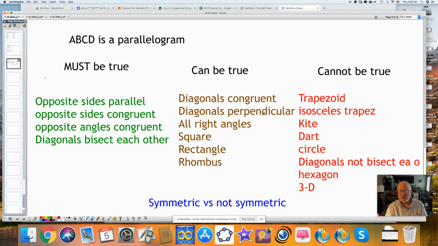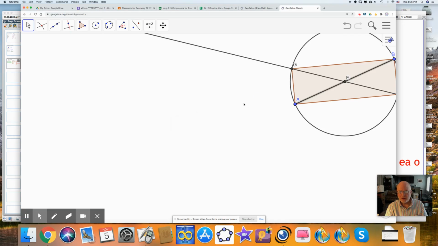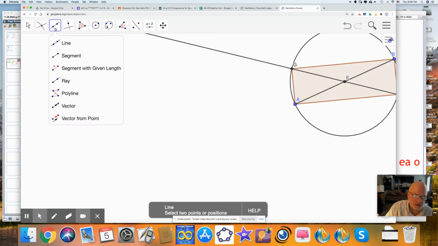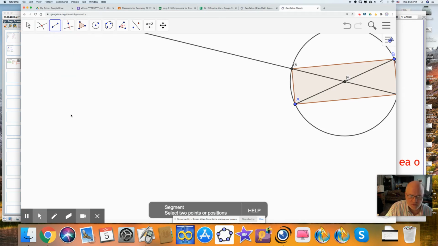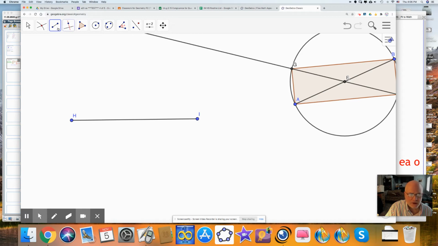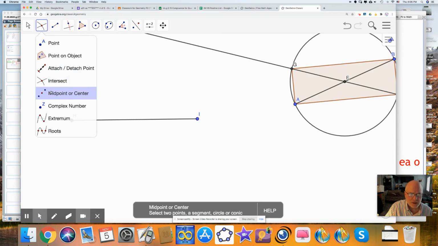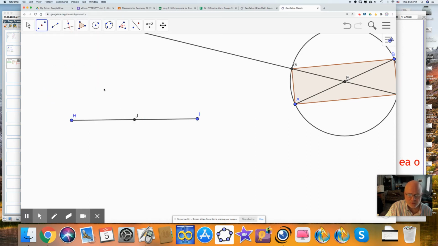One person said in our list that the diagonals would be perpendicular. And I can construct that too to see this would be a rhombus if the diagonals are perpendicular. I know that because if I look at my midpoint, it has to go through the midpoint. And for it to be perpendicular, I'll construct a perpendicular line through the midpoint. It's perpendicular to this line. And now for it to be a parallelogram,